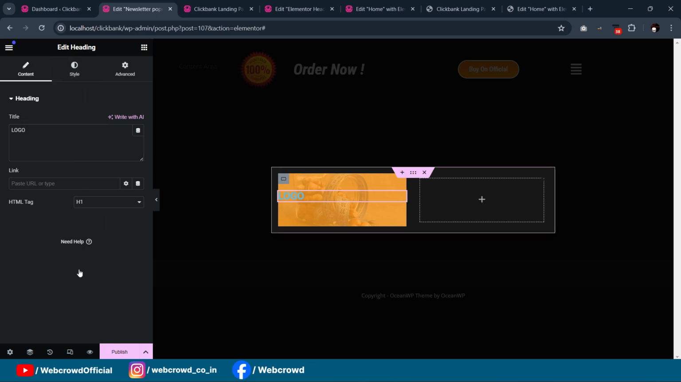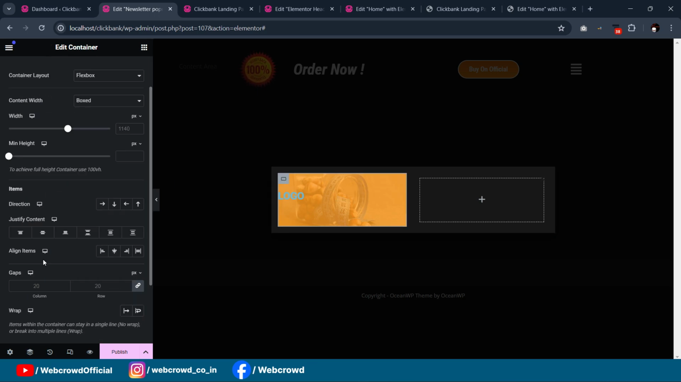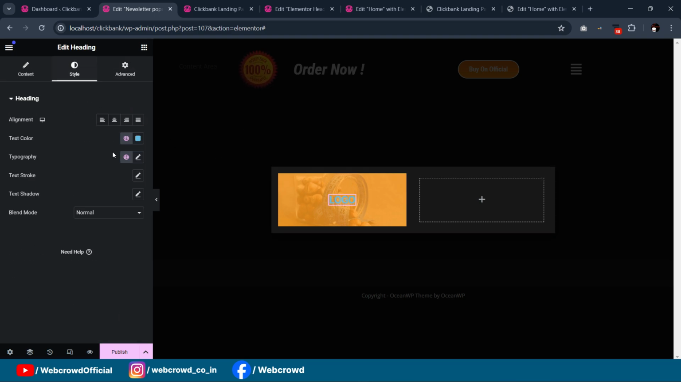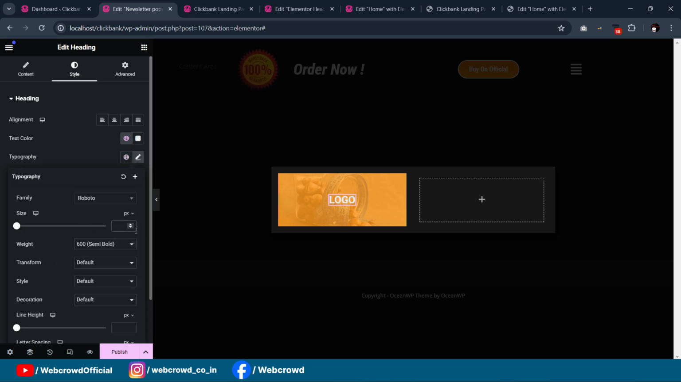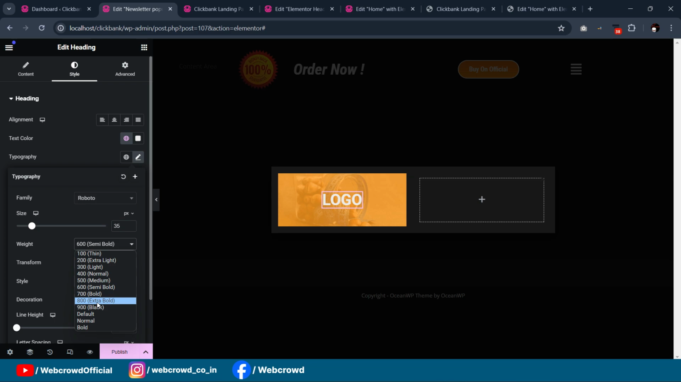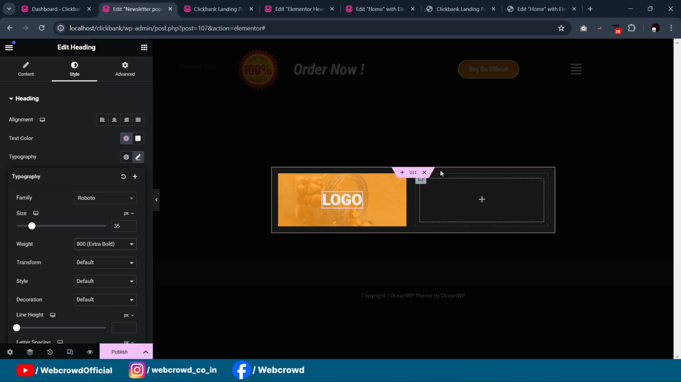Also justify content to center. Select text, select text to white, and in typography we will increase its size, 30 or 35. So we'll increase the font weight. Okay,